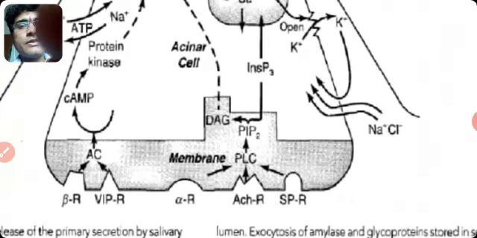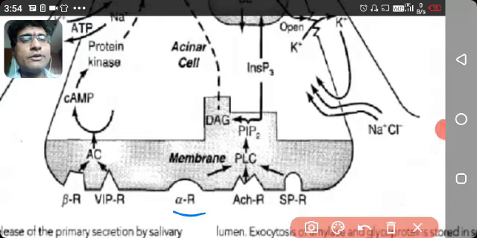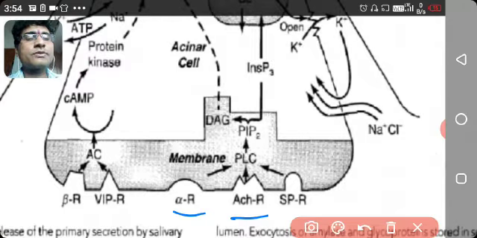What are these three different receptors? Please see. This is alpha adrenoreceptor, this is acetylcholine receptor, and this is substance P receptor. When these are activated together, they activate PLC, that stands for phospholipase C. When phospholipase C enzyme is activated, it actually